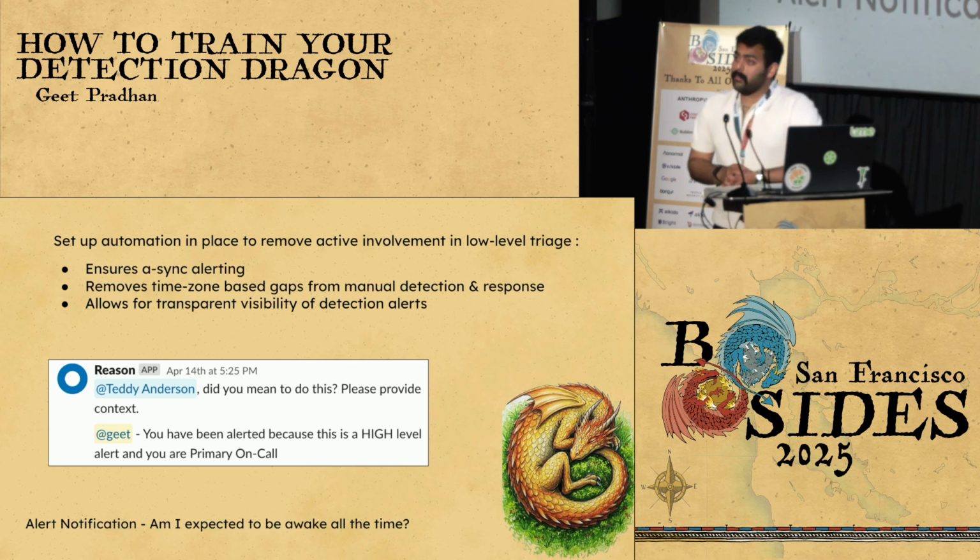Another thing that it really helped us do is add quite a bit of visibility for these detection alerts. Now, whoever is on my team, if I'm awake, right? One of my team members is actually here. If I'm asleep and I'm on call and he's awake and he's not on call, he can at least see, okay, this is happening. It's a Slack channel.